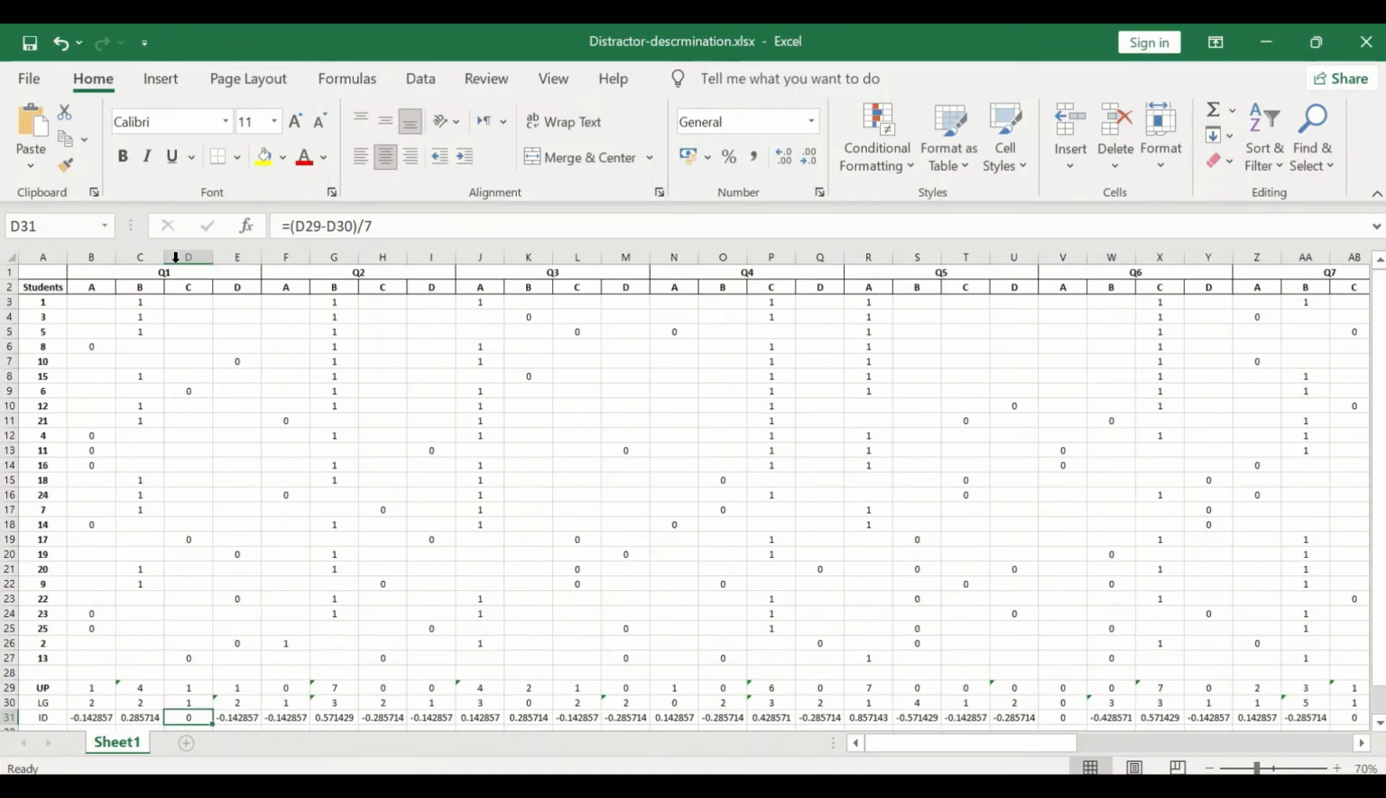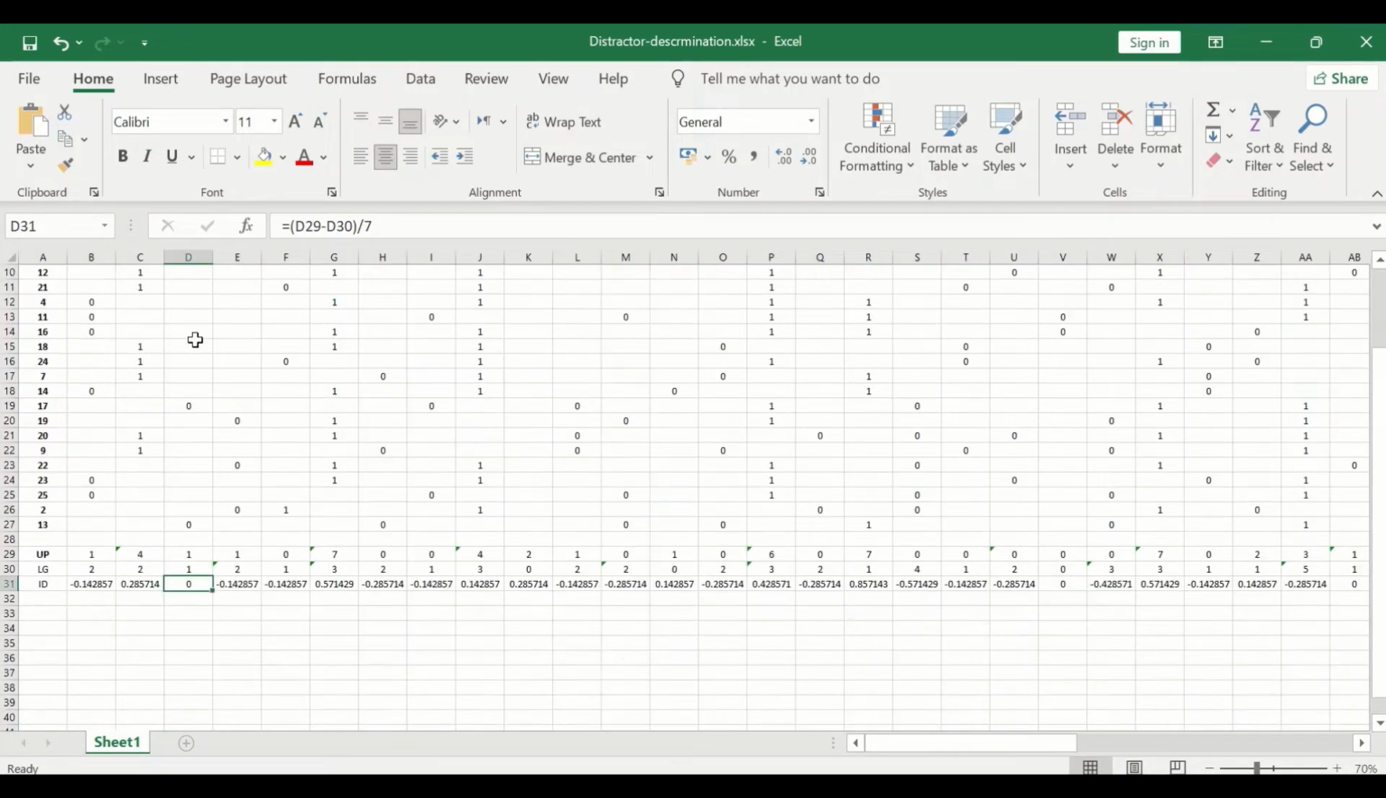For distractor C in question number 1, the value is 0. That means it is not distinguishing between high performing and low performing, which indicates that both groups of students have an equal proportion of selecting this distractor. So it is ineffective in discriminating between high performing and low performing. And in this case, we ought to discard this